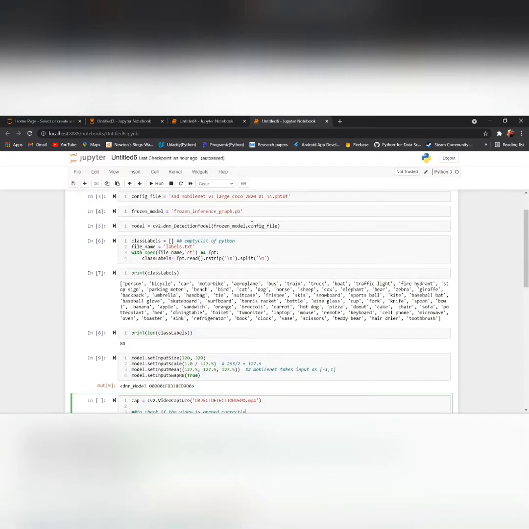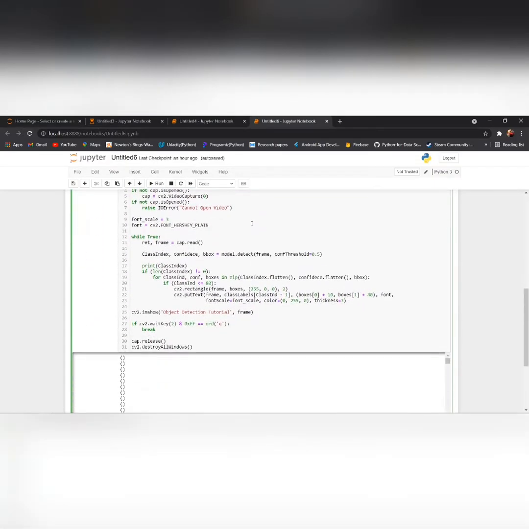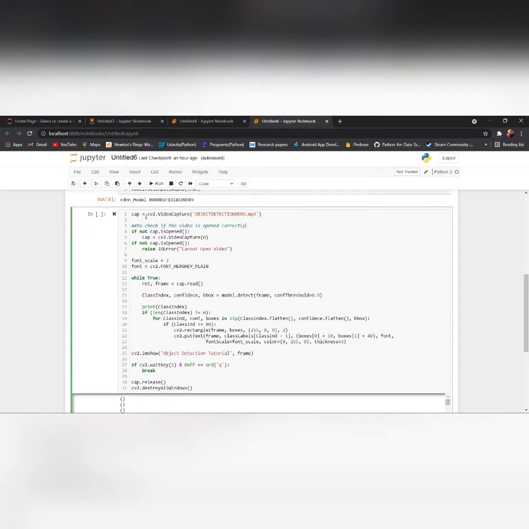Now moving on to the coding part. Here you can see the code is the same as before. That is, we have used the object detection demo. Now you can see that instead of imread, we have used cv2.VideoCapture, and instead of img, we have used the word frame.